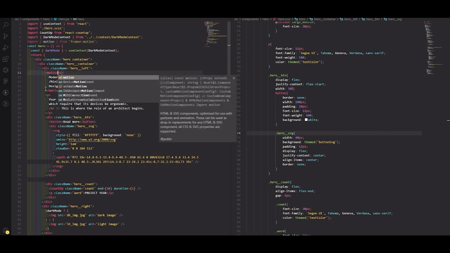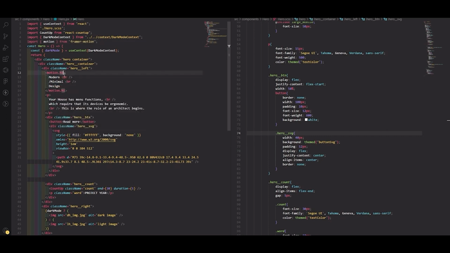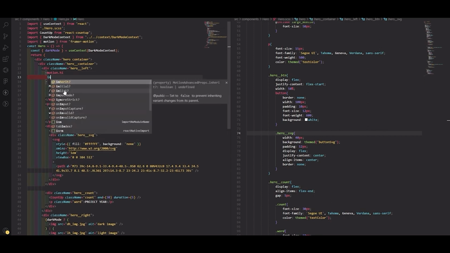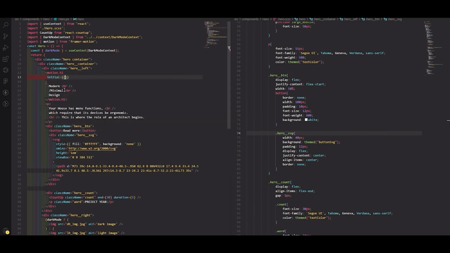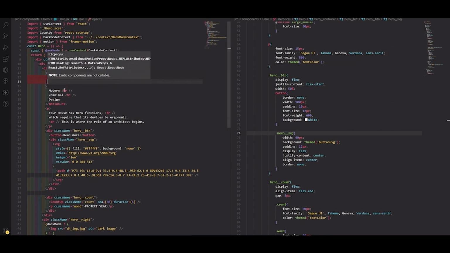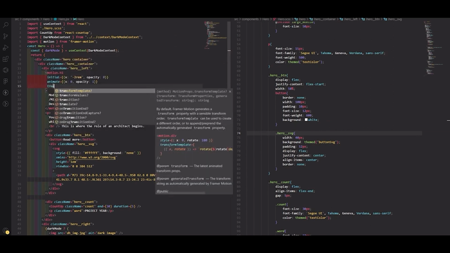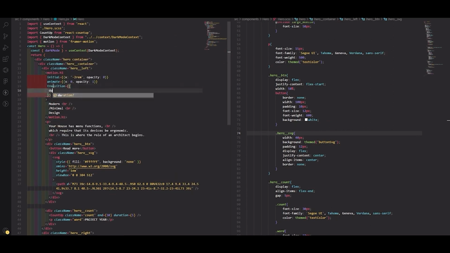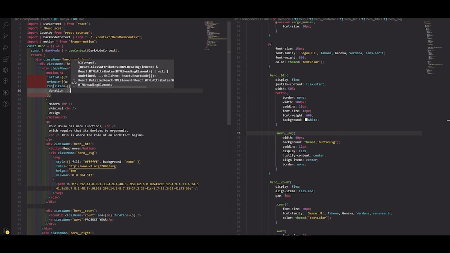So write here motion dot h1, and inside this h1, what we have to do is to give the initial prop, and this initial prop is, for example, I want to move this from left to right, so write x, right here -2 rem, for example, and after this opacity as 0. Now take the animate prop, and inside this make this x as 0 and opacity as 1. Okay, and the third prop is transition, and inside this transition it takes a duration of 2, for example, and